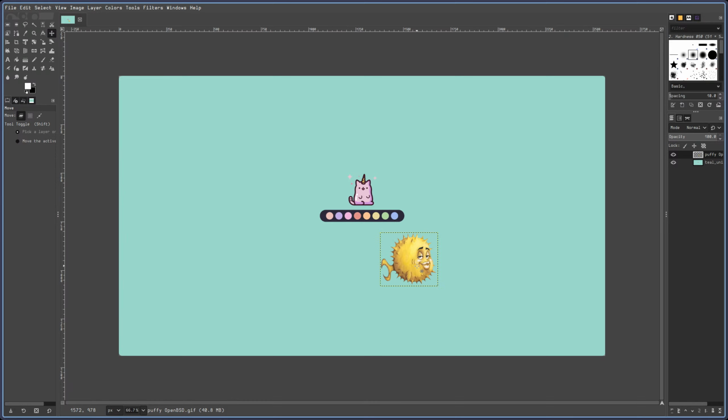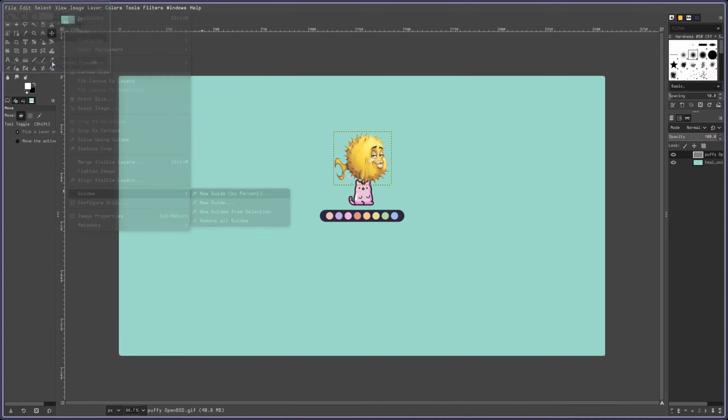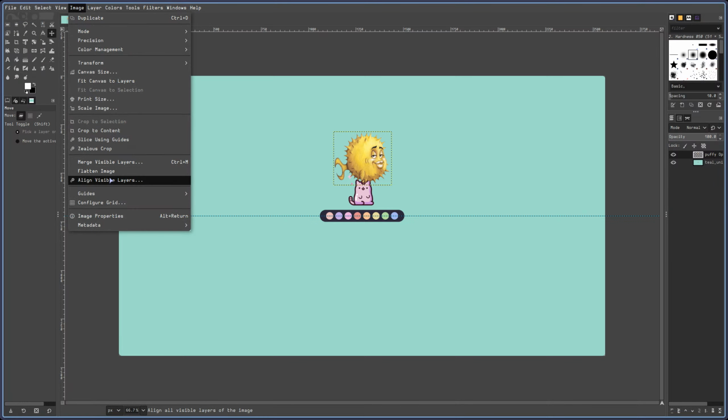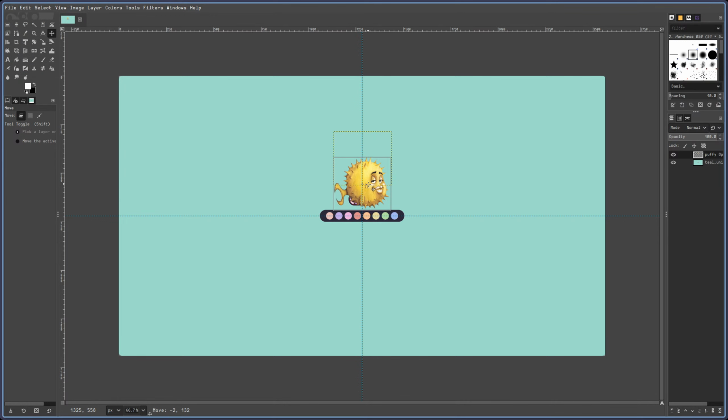And let's see. Image, let's do guides, new guide by percent, horizontal 50%, image, guides, new guide by percent, and a vertical 50%, so it's straight down the middle. Let's see. Okay, so this is going to need to be